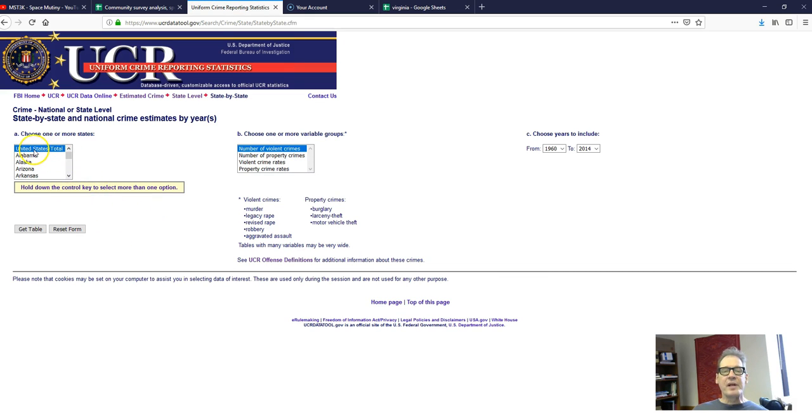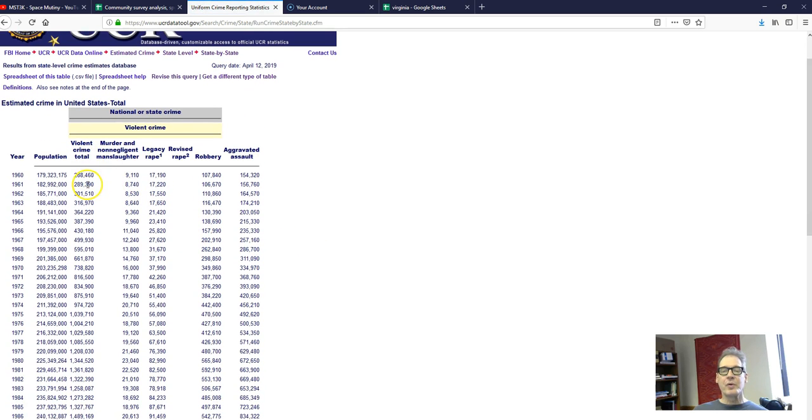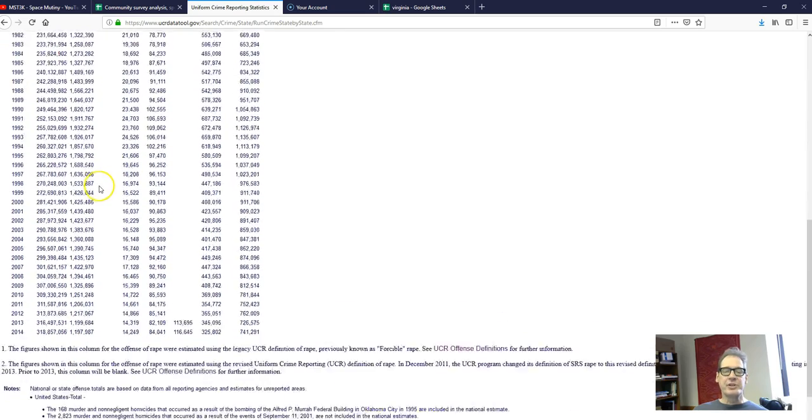And I can choose which state. I'm going to keep it on U.S. total. I'm going to keep it on number of violent crimes, and I'm going to keep all of those years in there. And I choose Get Table down here. And it gives me a nice table. Here's the violent crime total, and broken down by different types of violent crimes for each year in the United